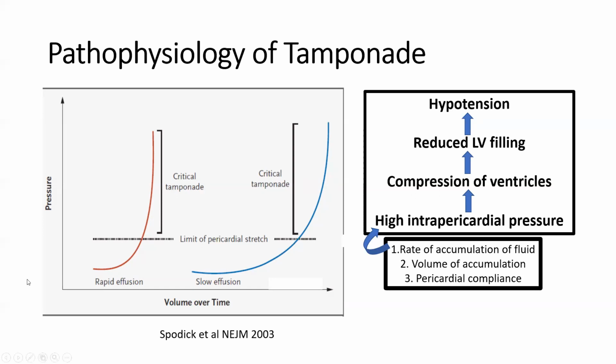Because my experience in having conversations about echo findings with the non-cardiology teams is that they always seem focused on the size of the effusion. Yes, it is important, but the rate at which the pericardial effusion accumulates is just as important. So in the smaller box below on the right side are listed